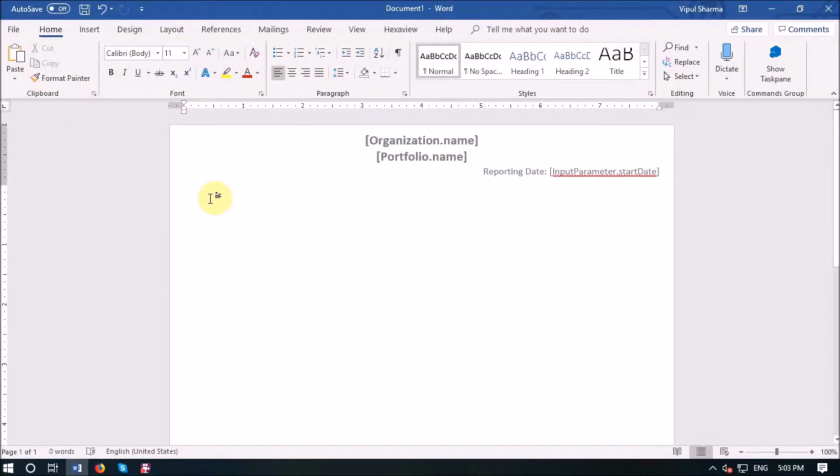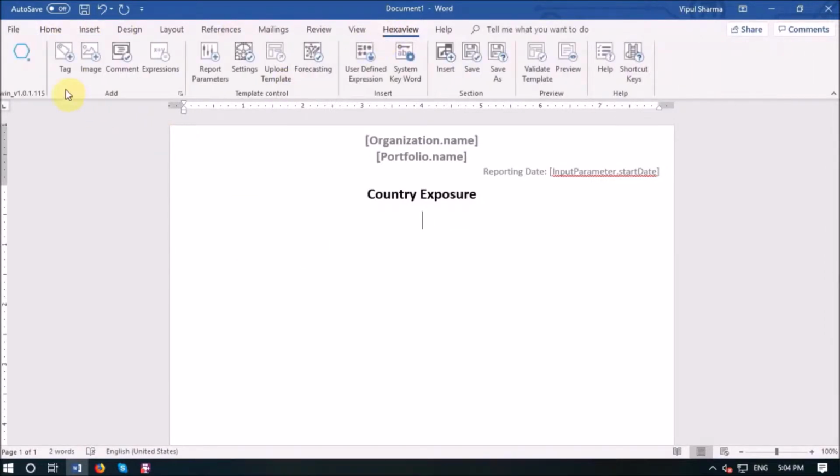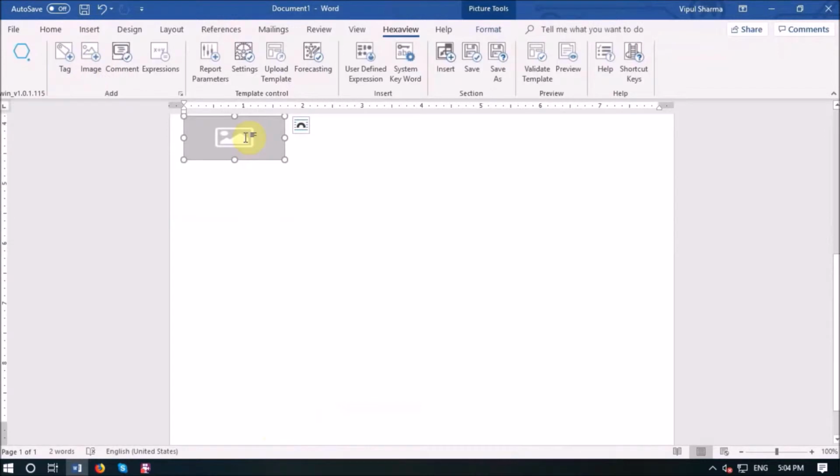Now, giving the report the heading Country Exposure. The Country Exposure Report is designed to provide quick insight into which asset class HNIs are willing to invest their money overseas. Similarly, from the Hexaview ribbon, we'll insert an image,